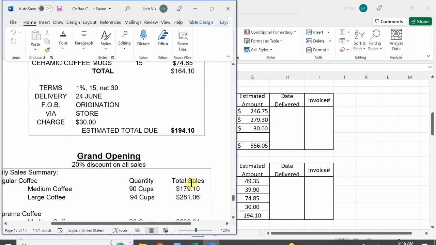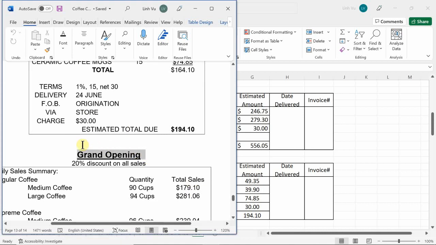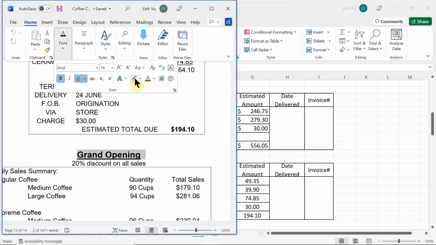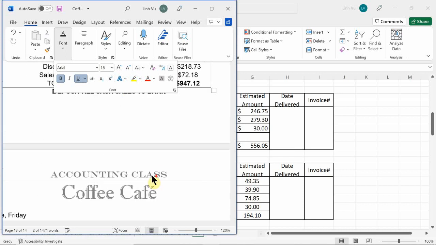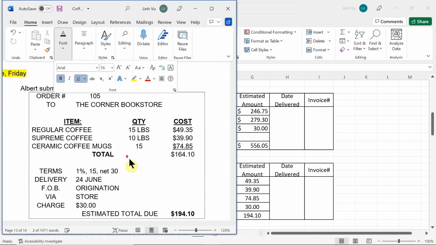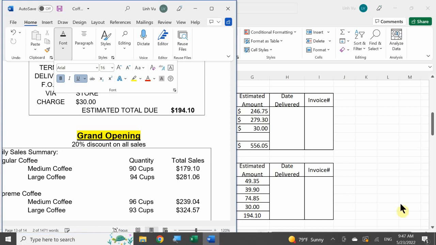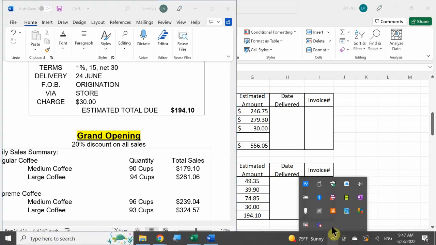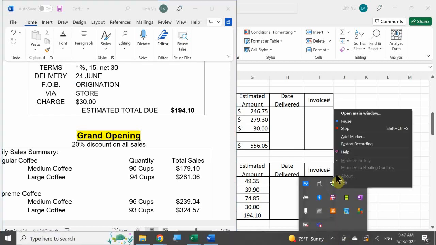Good. So I'm going to stop here. When we come back, we'll finish off the grand opening sales here. And then we'll finish off with the trial balance. Okay? So go ahead and take your 20-minute break now. So right now it is